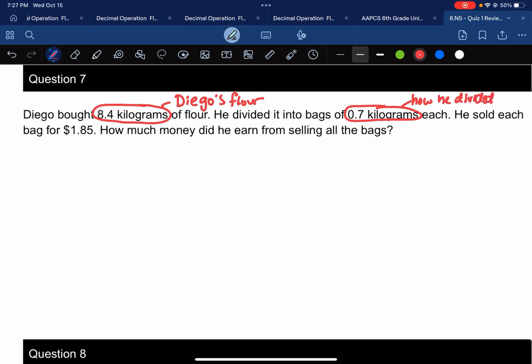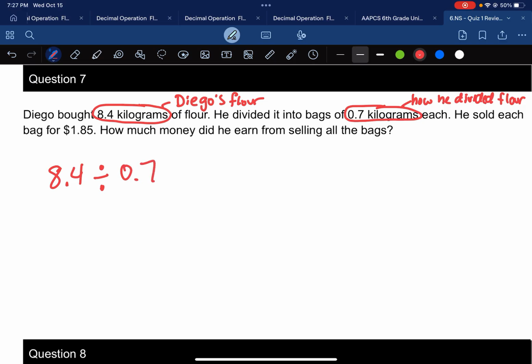So he's taking the flour and he's splitting it up equally. That's just division. So now we know that we're going to have to divide, but the question is what's going to be the dividend and what's going to be the divisor? The dividend is what we're starting off with, that's getting split up, which sounds a lot like this here. And the divisor is how we're splitting it up, which sounds like this here. So that's going to give us 8.4 divided by